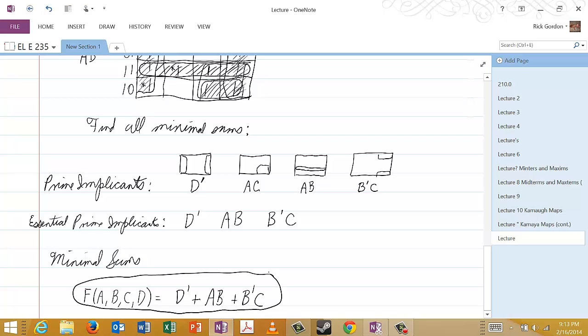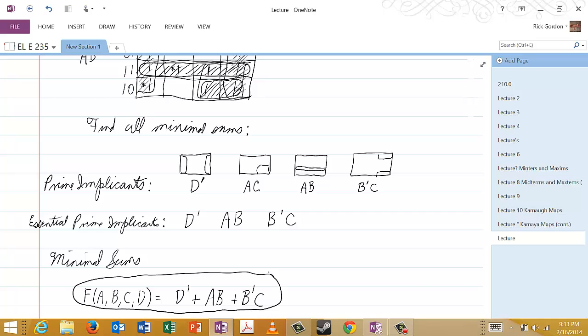And this problem is important for several reasons. Two of the main ones are that this is our first case with a function of 4 variables. So in other words, it's our first 4x4 Karnaugh map. And this is also our first example where we see that one of our prime implicants is not essential, and therefore it does not appear. Or I shouldn't say therefore, because sometimes even things that are not essential will appear in the final minimal sum. But in this case,